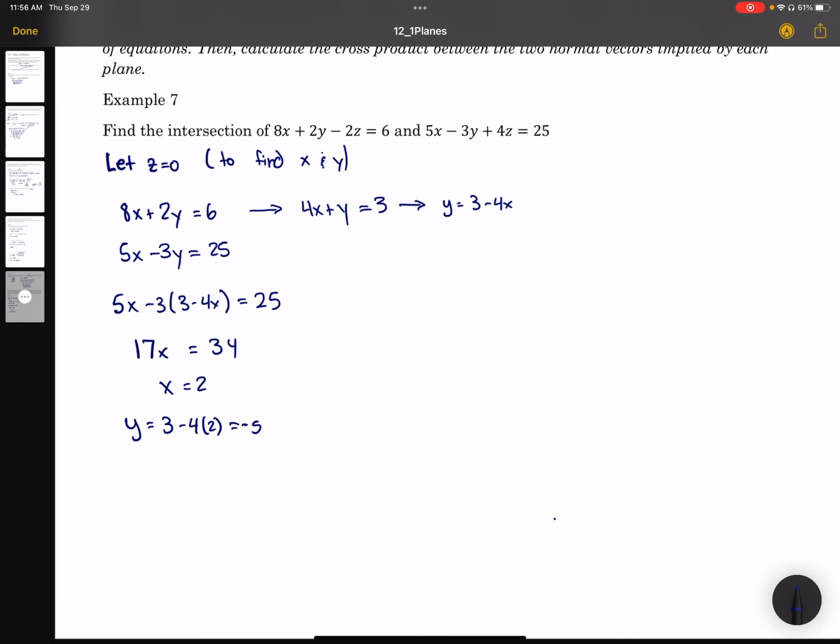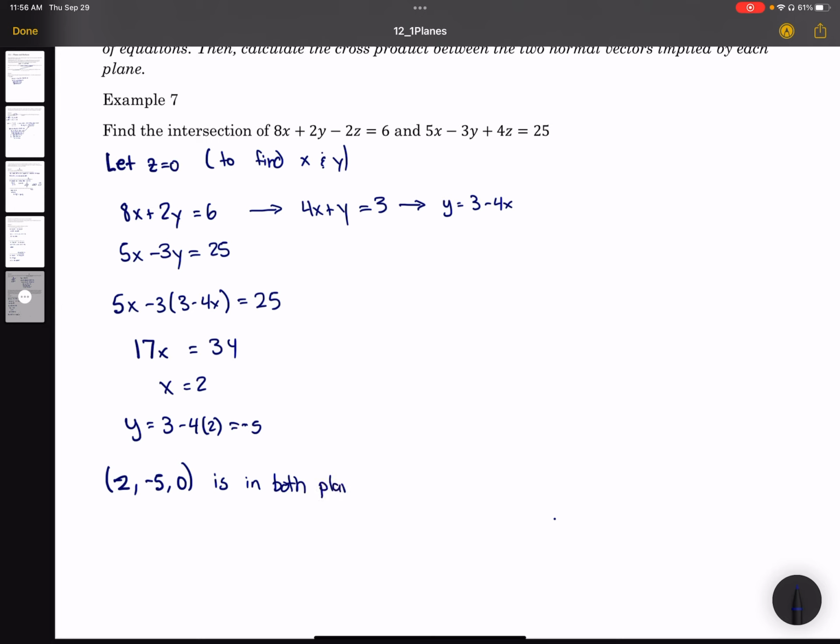So what we've just found is that 2, negative 5, 0 is in